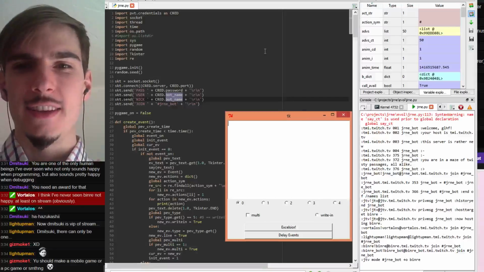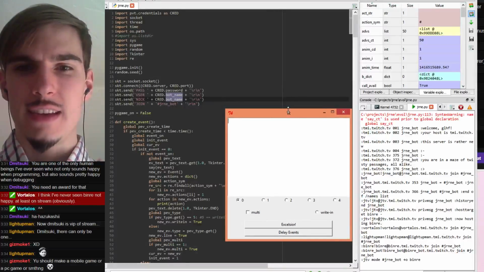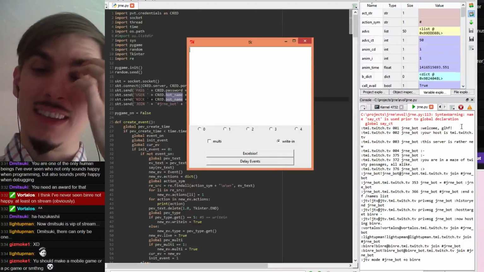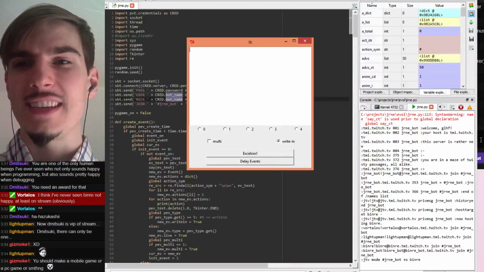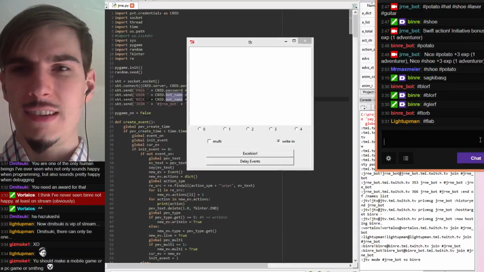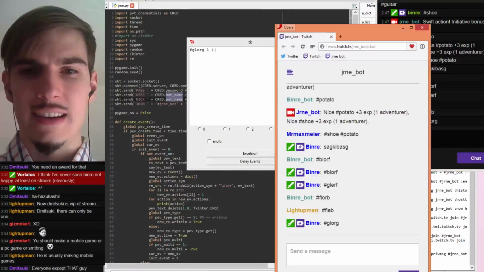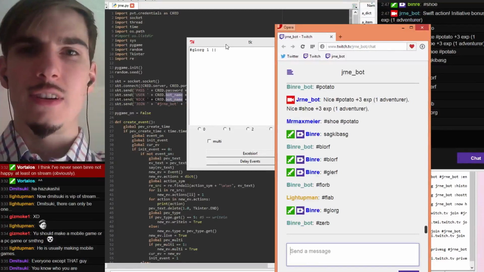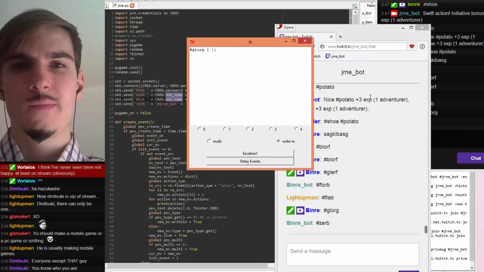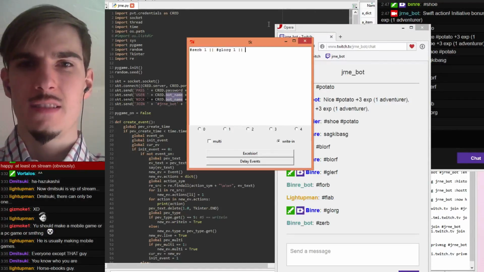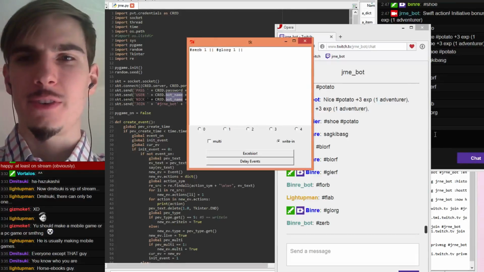So yeah, now let's do another write-in. Alright, so now when we do a write-in, I should really put some indication that the event actually started. So, alright, now glorg, and zerb. So now we should see glorg and zerb as different entries. Yeah, cool. One point for zerb, one point for glorg.